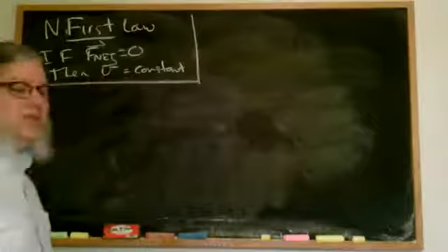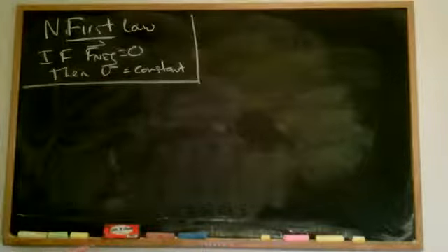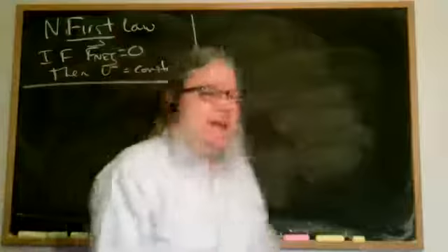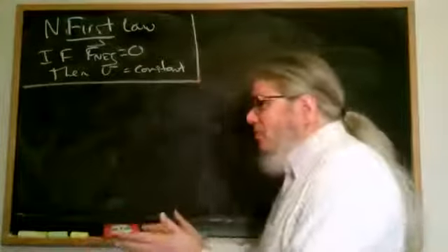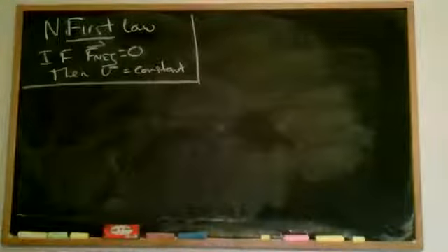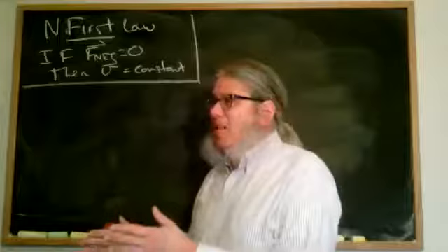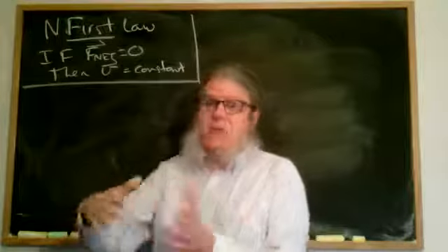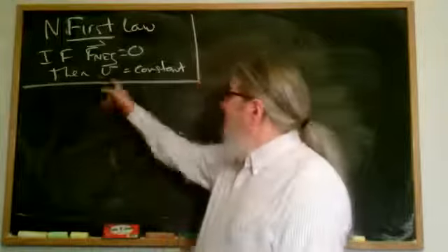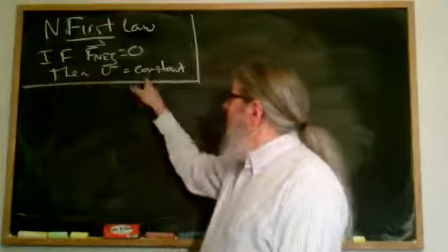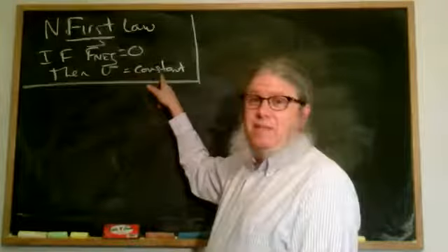Why? Because there are forces on it. And that's what comes into play in this first problem on the exam from last week. The car, when I'm going around the curve, even if I'm not speeding up or slowing down, there has to be a force on me in order to make me go into a curve. If I wasn't, then I would go in a straight line.